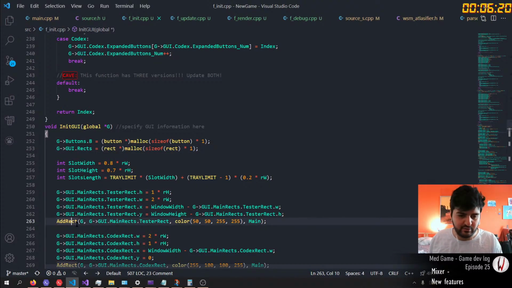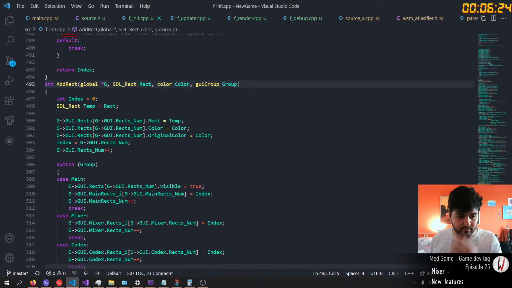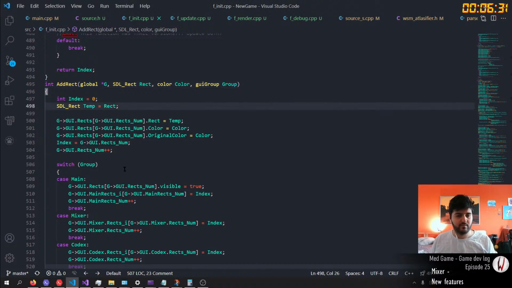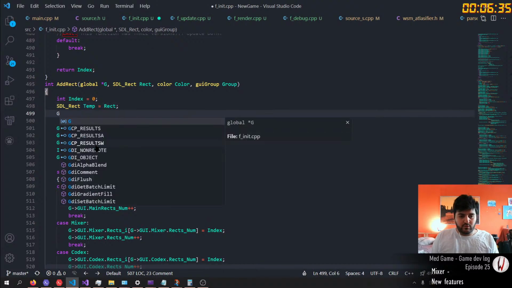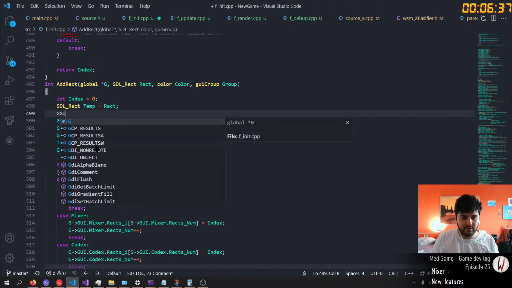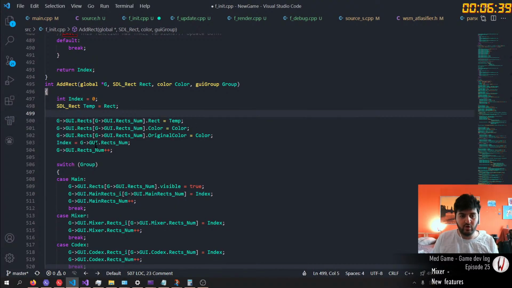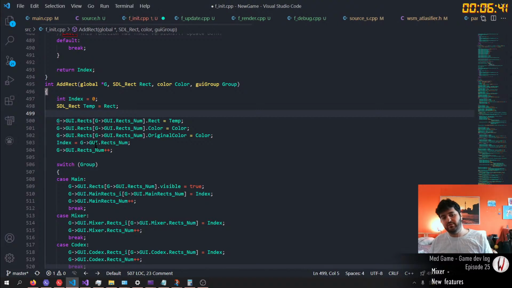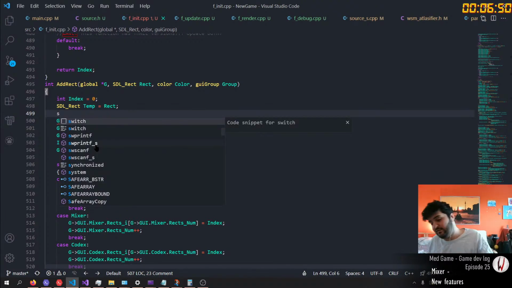Now, whenever I add rect, I gotta do this. GUI. Oh, just to mention, if you have a struct that's being used all the time, and you want to move that into another struct that's already been included in other functions, there's a lot to change in the code.